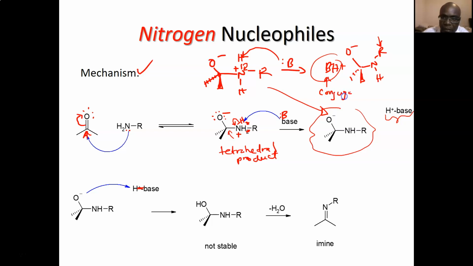You'll bring back your conjugate acid. It's still dancing around, floating in the flask. Use it to protonate the oxygen. To protonate this oxygen. We are just redrawing this structure right here, and then now we are protonating the oxygen. Take out the hydrogen, the base falls off, so you get your OH. But this is not stable because you have an oxygen and nitrogen close by. So you'll want to lose this hydrogen, this OH, and this hydrogen